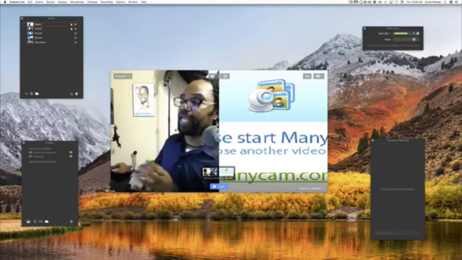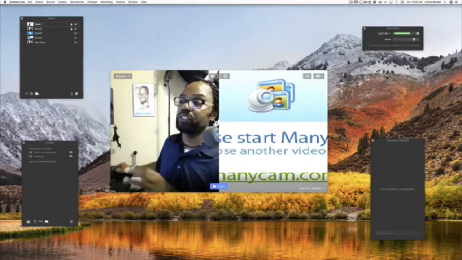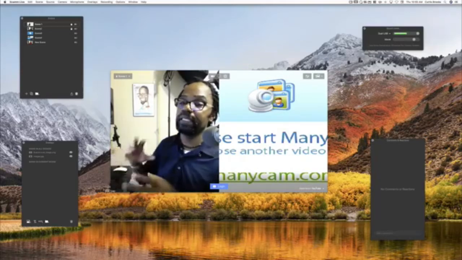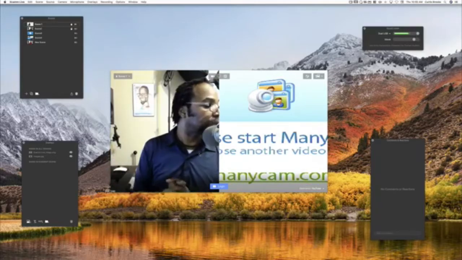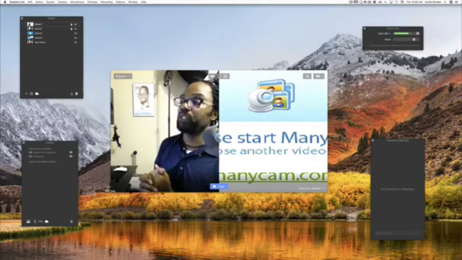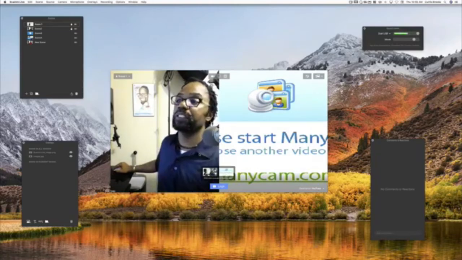With Ecamm, you can add up to 4 cameras. I don't have 4 cameras set up on here, but if you are to add 4 cameras, you pretty much have to have somewhat of a beefy system to be able to withstand the output and the input of what's taking place on your system. So know that if you are using 4 cameras, sometimes 2, depending on how beefy your system is, sometimes with 2 cameras, it can be a draw on your CPU.